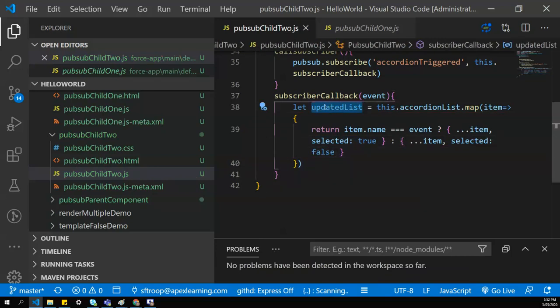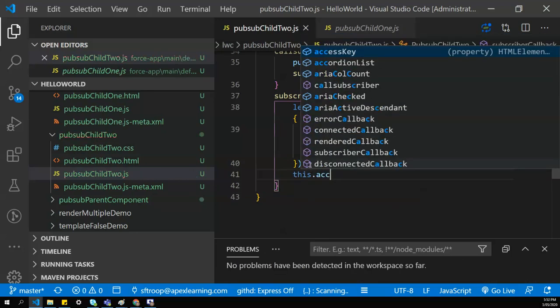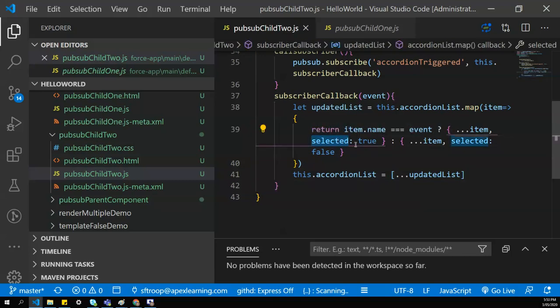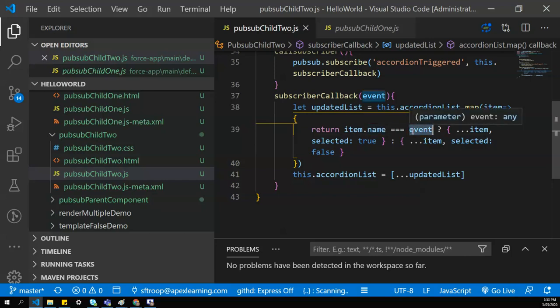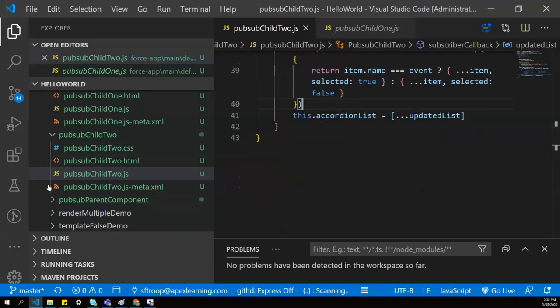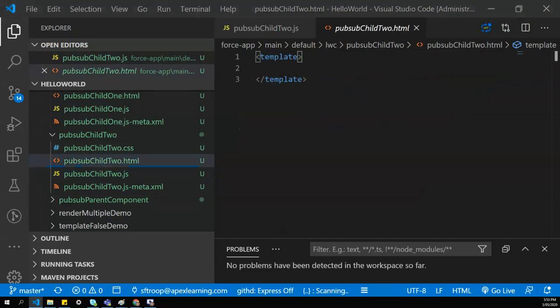So we'll get the updated list, that is a new array, and then we update the accordion list with the new array. So what we are doing here is we are just updating the selected property based on the event name, the item name, and the event that we are getting from child 1. And once it's done, it will render this accordion list on our HTML file.